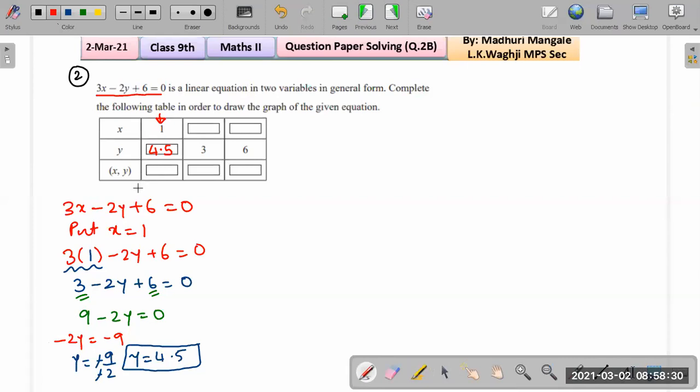Now this question is just to solve. We have to just fill the boxes and not to graph anything. So we are just going to substitute and solve for the values, and that's it. We are not going to graph anything. All right. Look at the next box. In the next box, we are asked to write the point in x comma y format. So first you write the x value, that is 1, and then write the y value, that's 4.5. That completes the second box.